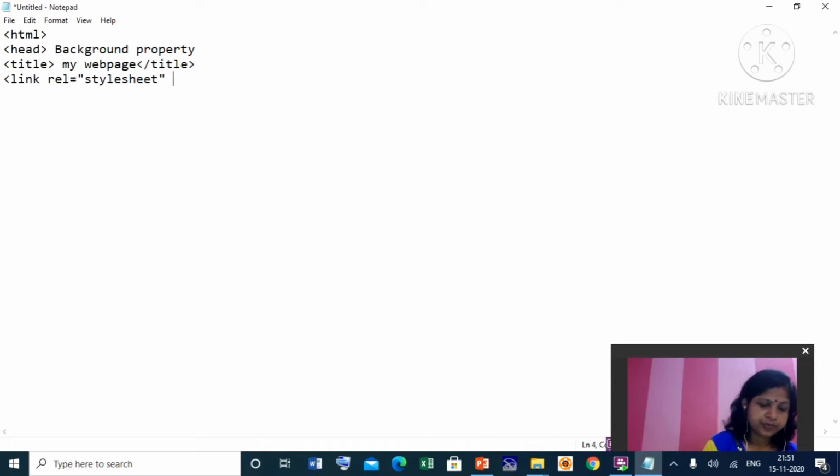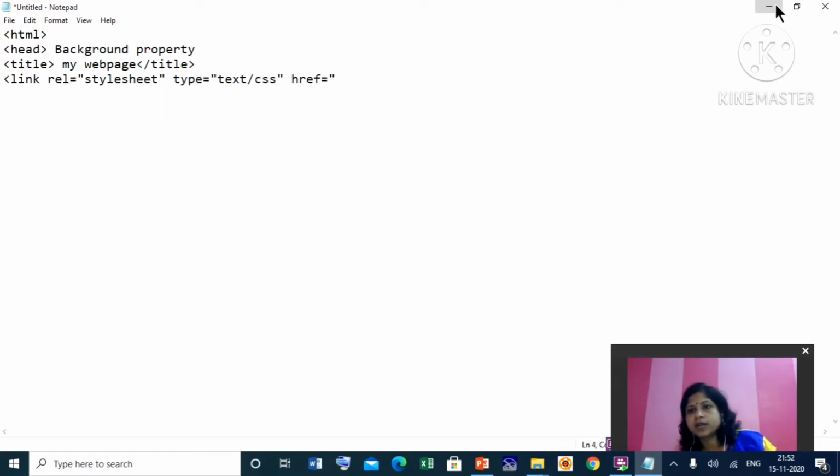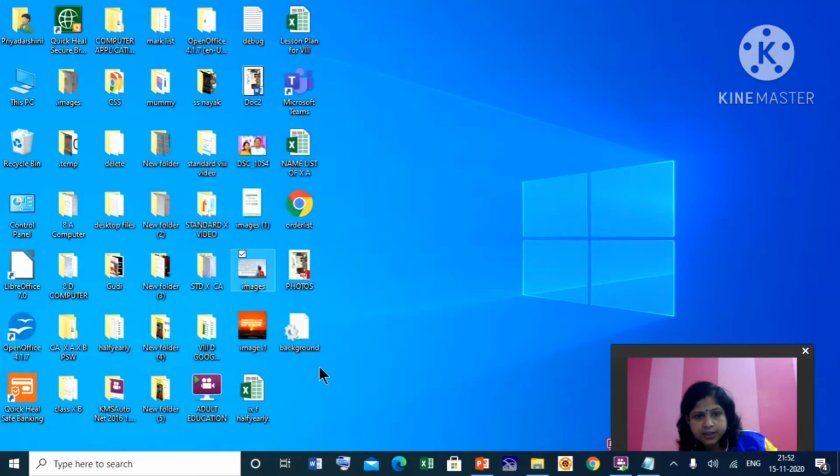Type is equal to text/css. This is a must for every external style sheet. Then here you will write href is equal to, and we'll bring our style sheet location. This is our style sheet.